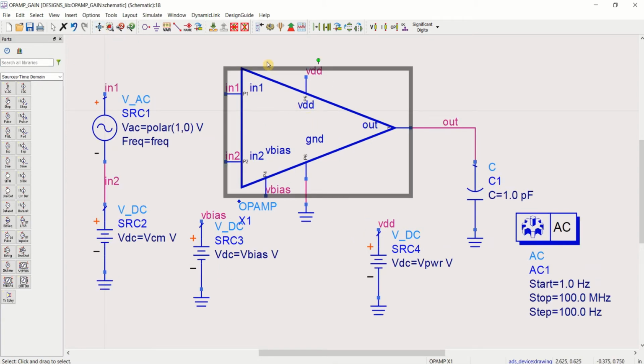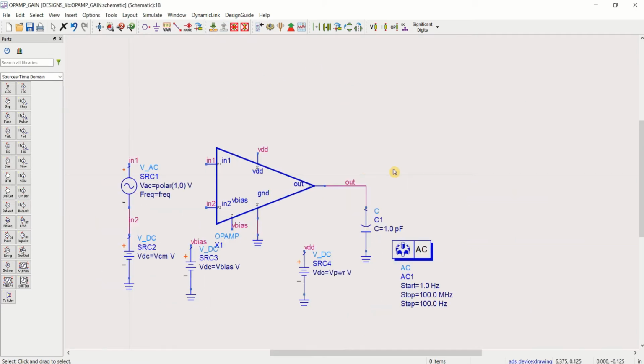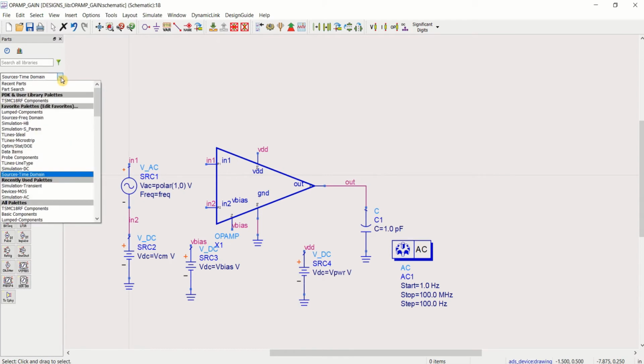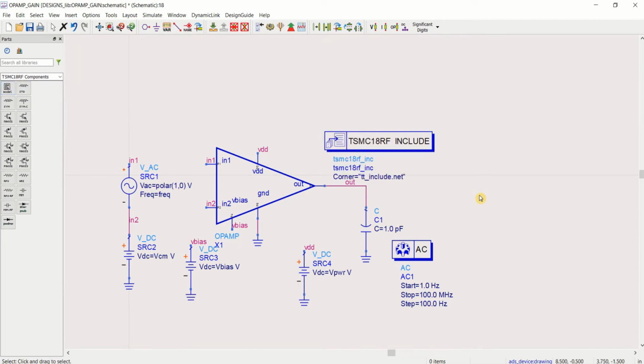If you see that, going to this particular symbol, this particular op amp is totally designed with NMOS and PMOS. You require a technology file or model library for this. Since I am using the TSMC RF 180 nanometer model file, I'll use the model file here.